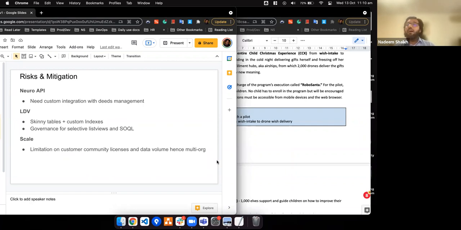Large data volumes. There are a ton of objects here that are going beyond 12 million record storage. We will call them out, and the ideal mitigation strategy would be to use skinny tables, custom indexes, and we'll also make sure we add governance in place to make sure the list views are selective, the SQL queries that we write are selective, and we try and prevent as many generic queries as possible,